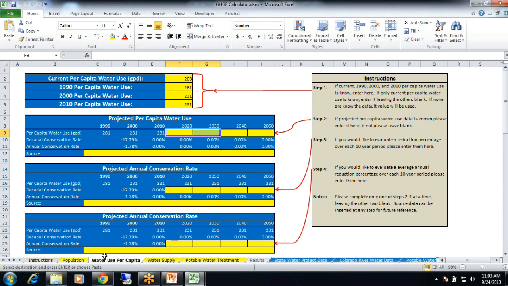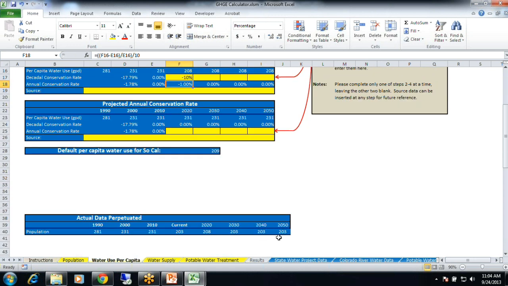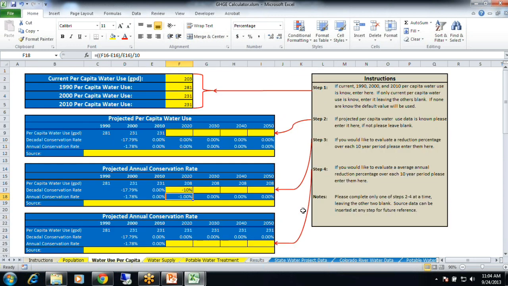Even though it's just targeting the 10% water users, they're such a large percentage of the users that it does it by 10% across the board. So you come down here to per capita water use and say it's a 10% reduction. And then that's perpetuated throughout, and you are coming out over here, 10% reduction.